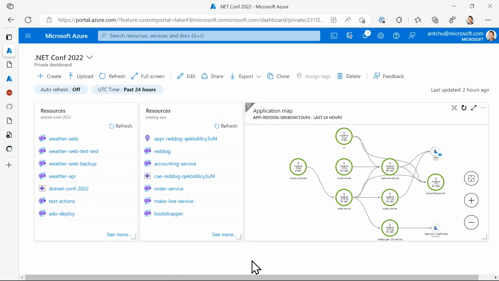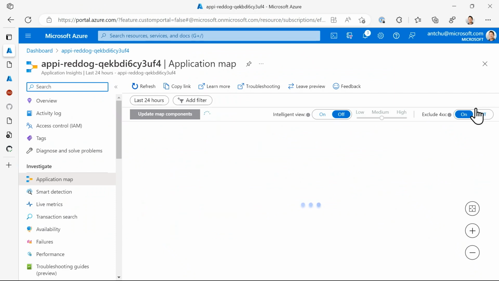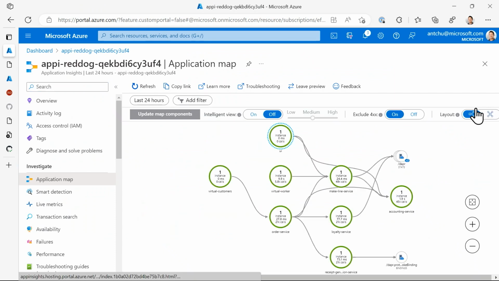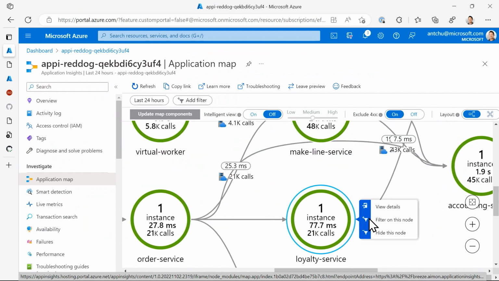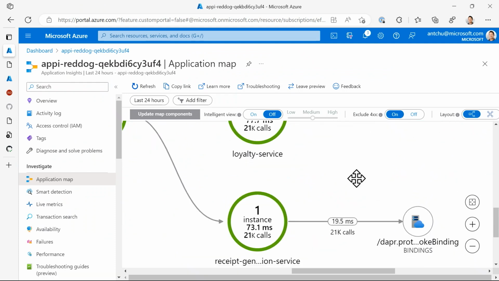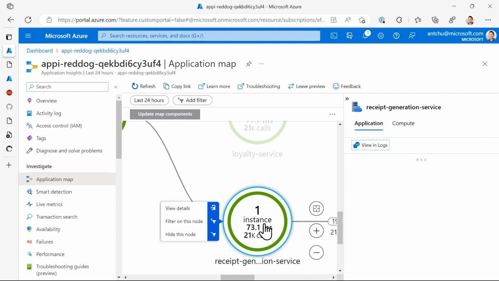So Dapr integrates with Application Insights, and Application Insights has a really neat feature called an application map. And here you can see the application map for the app that we were just looking at. I can zoom in and out, and I can click into anything to drill into more information about it. I can look at how this particular receipt generation service is doing.